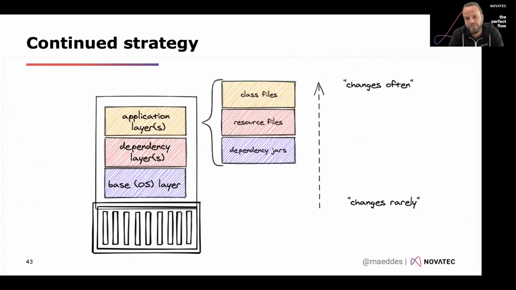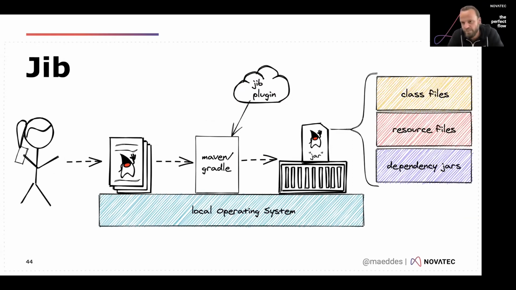Now, the strategy we talked about before, of separating class files, resource files, and dependency jars, is also being adopted by Jib. So you don't need to make any changes to your build process there. It will automatically create those layers for you within the resulting container image. So you have a base OS, the dependencies jars, resource files, and class files. And whenever you rebuild, only the things necessary will be exchanged. It's not like copying the resulting jar file of the Maven build into that.